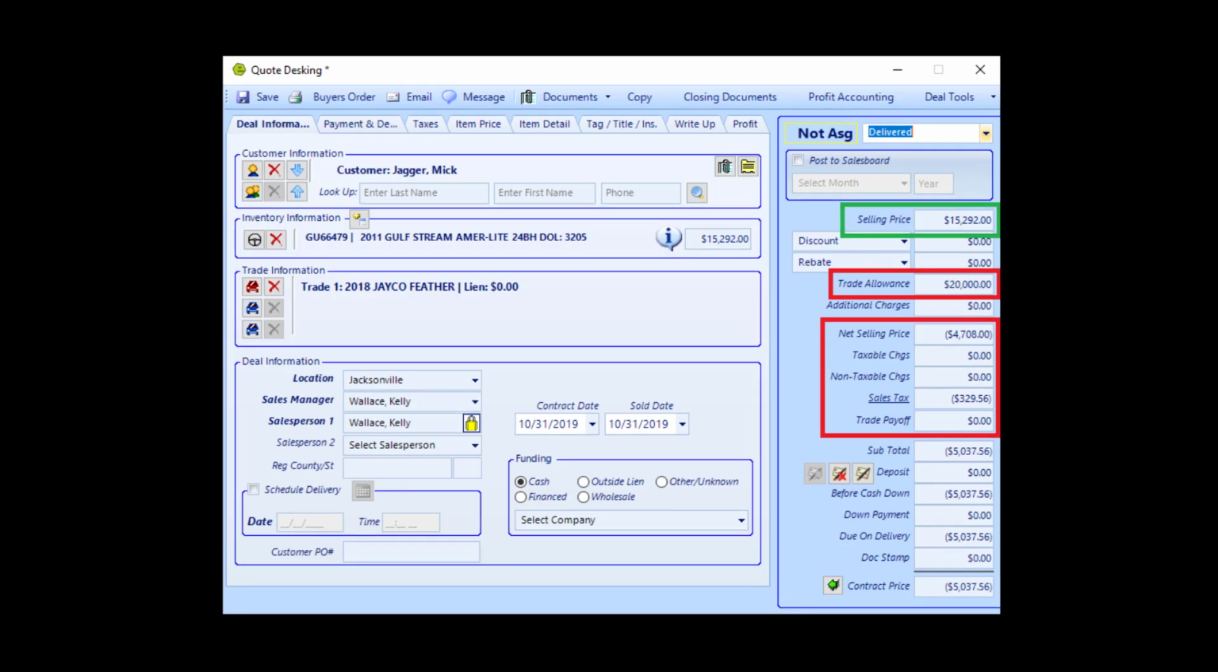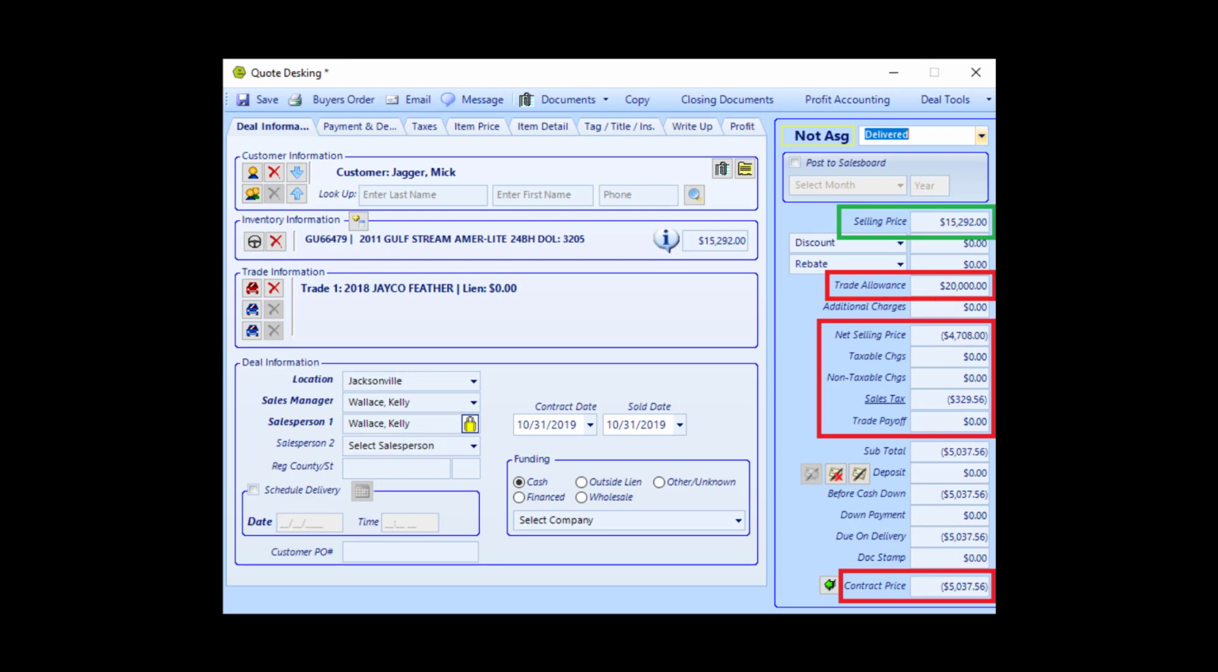That results in a net selling price of $4,708. After computing the sales tax refund due the customer based on the net selling price, the subtotal and the contract price for the entire deal is a negative $5,037.56. After the deal is complete, it has been washed, and is ready to post to QuickBooks, we want to